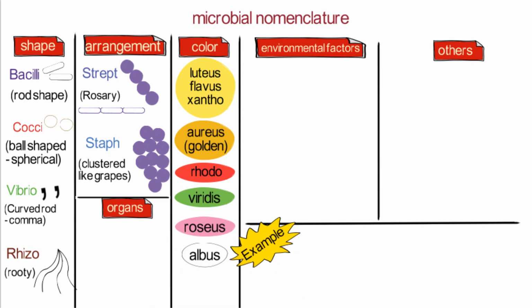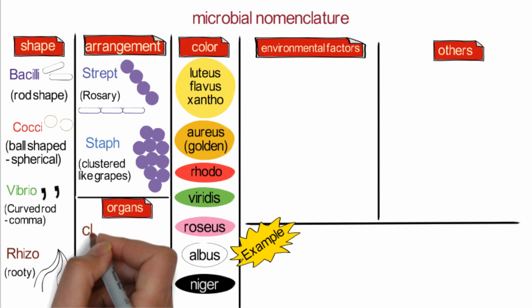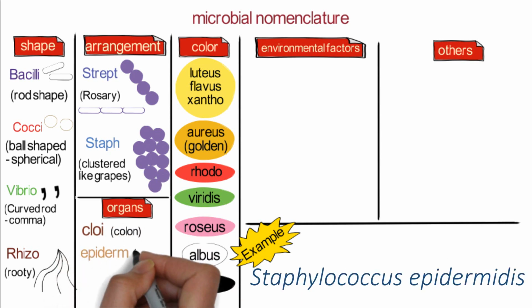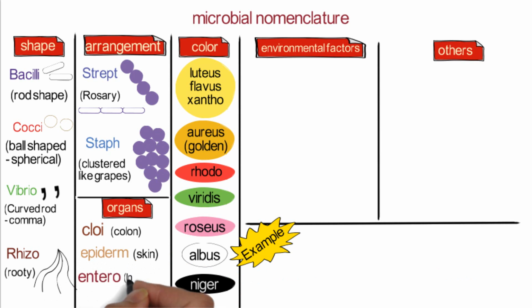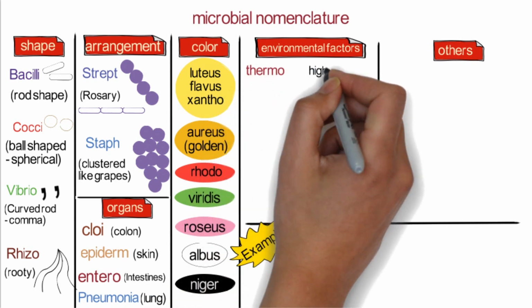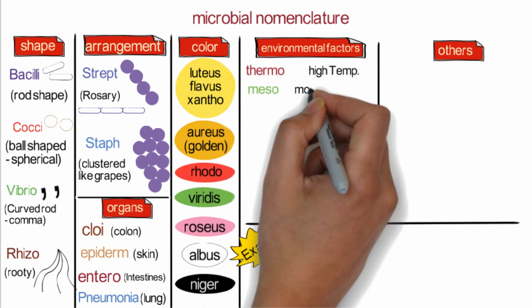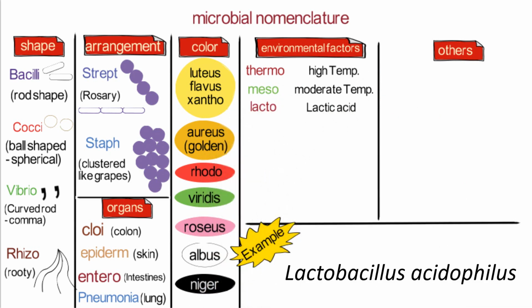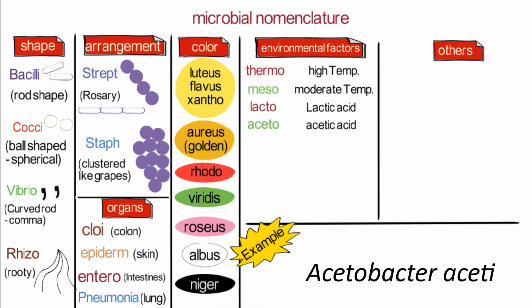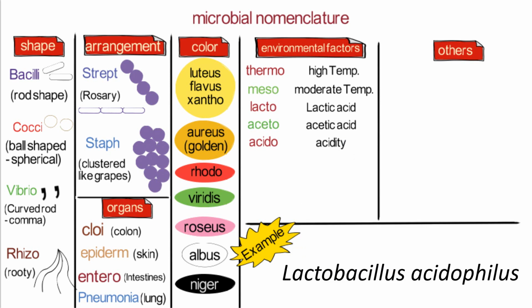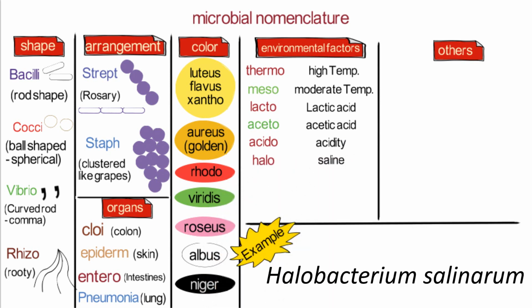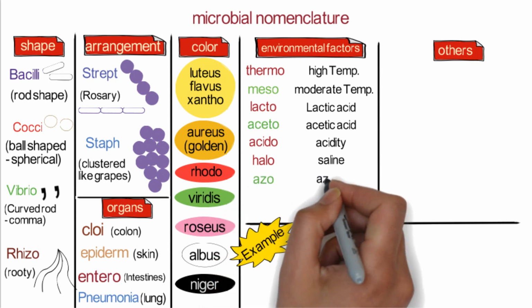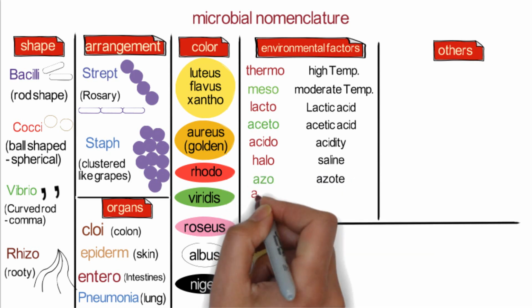albus white, niger black, coli colon, epiderm skin, entero intestines, pneumonia lung, thermo high temperature, meso moderate temperature, lacto lactic acid, aceto acetic acid, acido acidity, halo saline, azo, azot fixed nitrogen, aero airy,